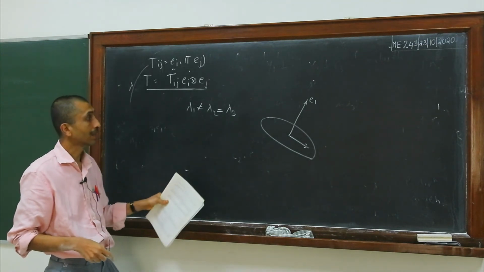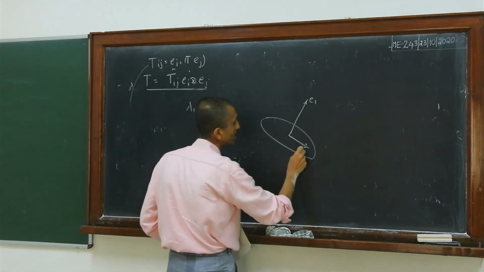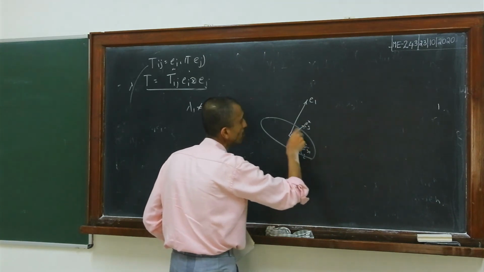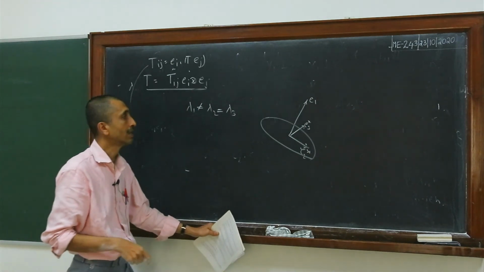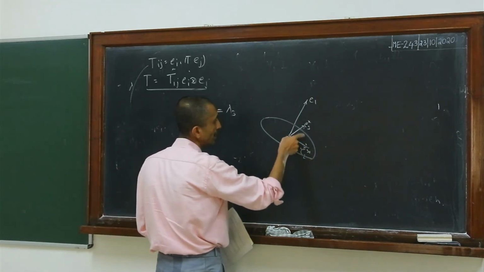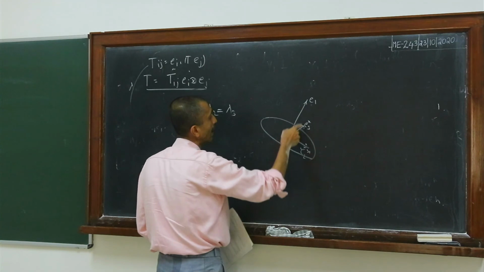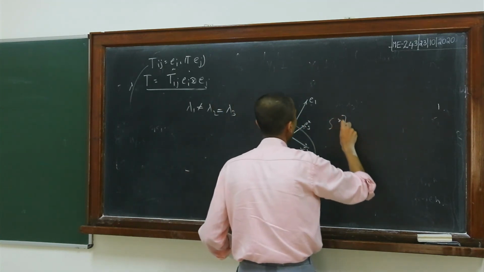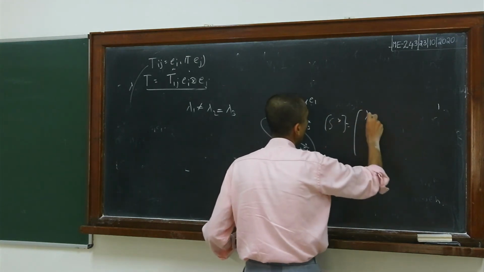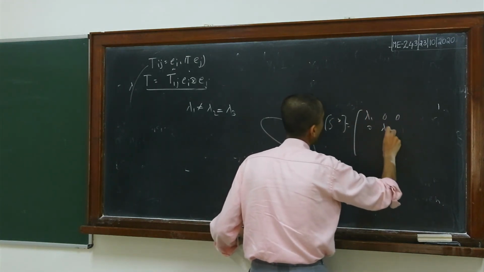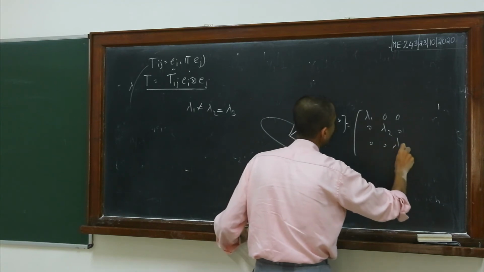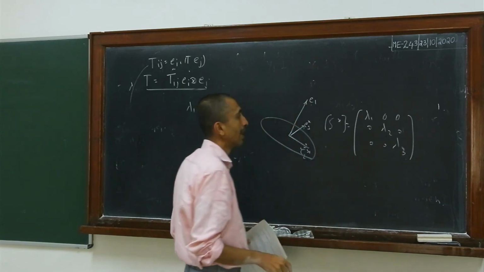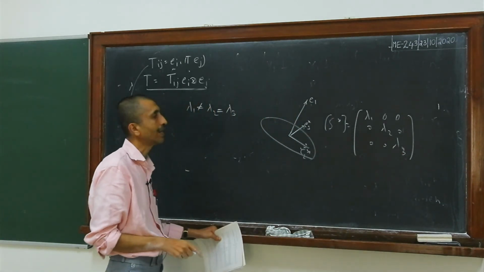Now this particular plane is an eigenspace corresponding to the repeated eigenvalue. But what we can do is we can still choose an orthonormal basis in this. I can choose my E2 star and E3 star such that they are perpendicular to each other and also perpendicular to E1, right? And then in this particular basis, I will again get S star as equal to lambda 1, 0, 0, 0, lambda 2, 0, 0, 0, lambda 3. Of course, in this particular case your lambda 3 is the same as lambda 2, but again you will get this.